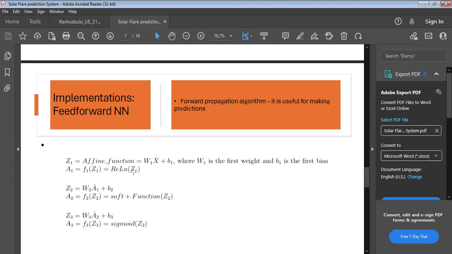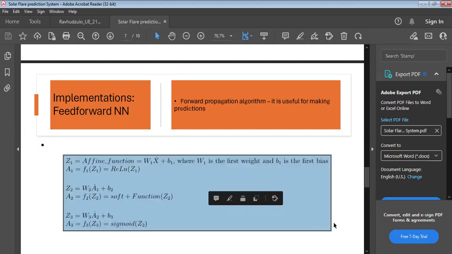and then the second layer is going to subject that to the ReLU function, store it in A1, then send it to hidden layer number two. In the process of sending it, it is going to weight the value that it is sending, and then add the bias to it. Then hidden layer 2 does the same, except it will be using the softplus function, and then the weighted value in the output layer is going to be subjected to the sigmoid function.